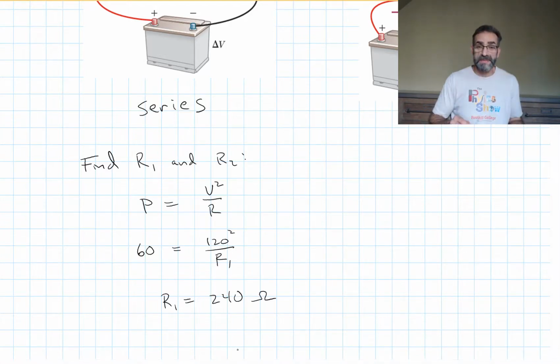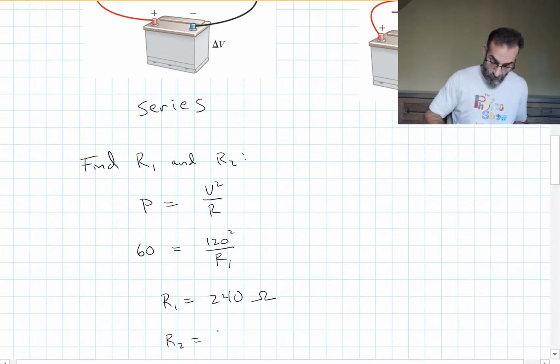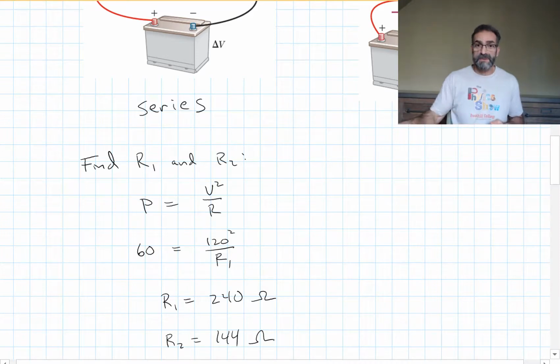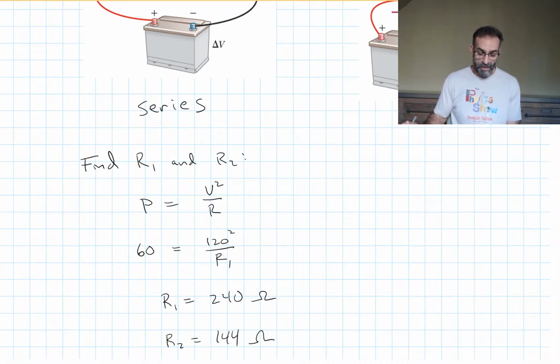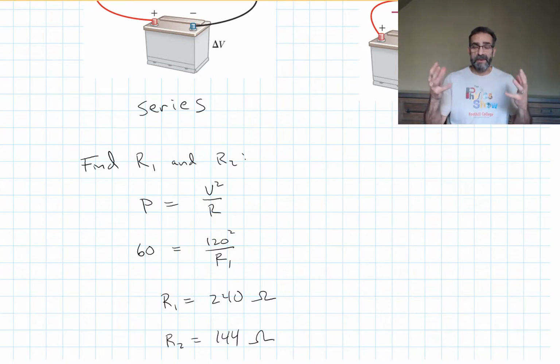240 ohms for the resistance of light bulb 1, the 60-watt light bulb. 144 ohms for the resistance of light bulb 2, the 100-watt light bulb. Does that make sense? The one that dissipates more power when it's hooked up to 120 volts has the smaller